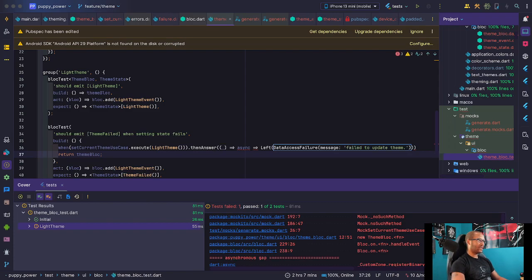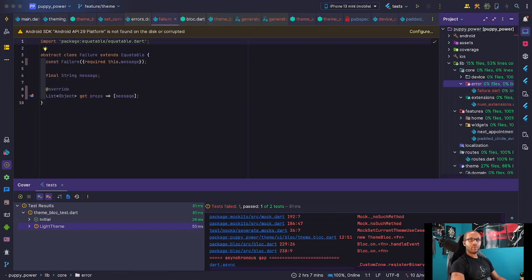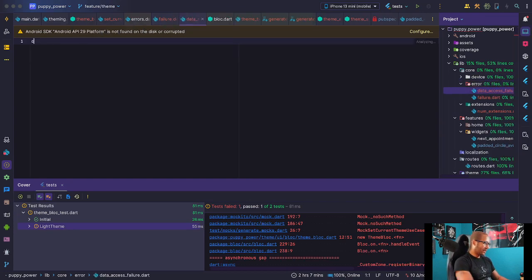This seems like I don't need this fat arrow and I need that fat arrow. Now it tells me that I don't have a data access failure, so I'll go back to failures, and I will create a new file for this, and I will call it data_access_failure, and then I'll do a class which extends from Failure,